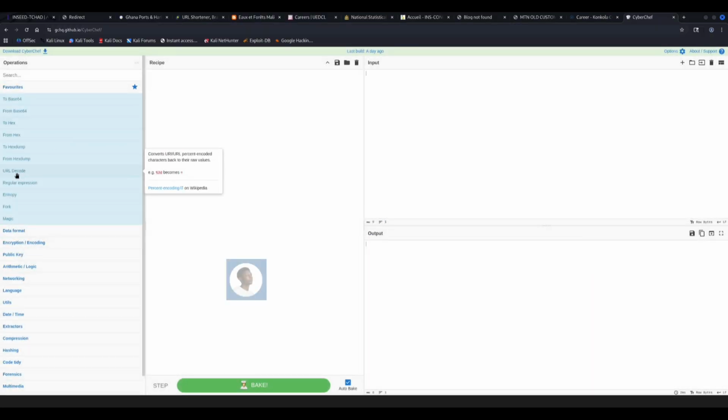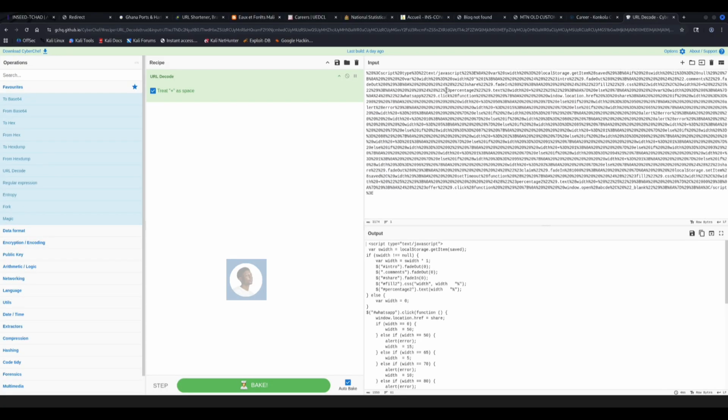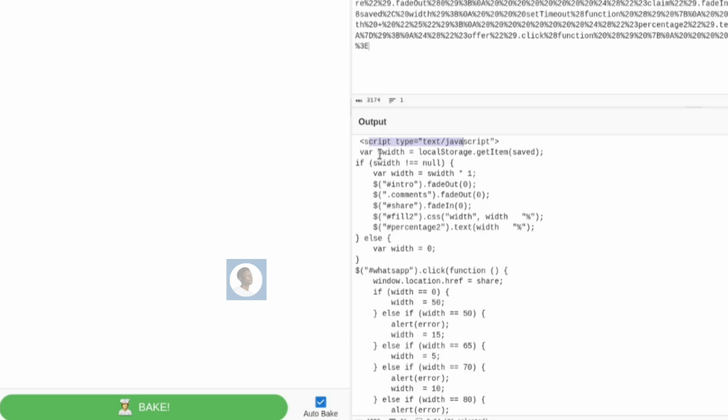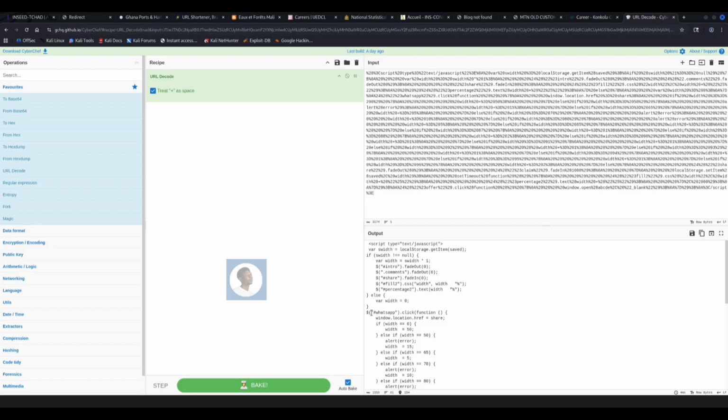So from here I'll choose URL decode. Then, wow, you can see that it is a script, right? It is a script that has this width variable that has been set with local storage. So it seems like it stores everything locally. And let's move on to the function itself.